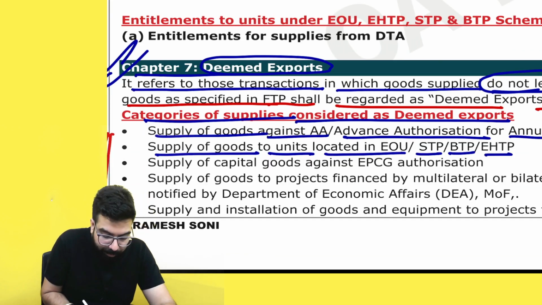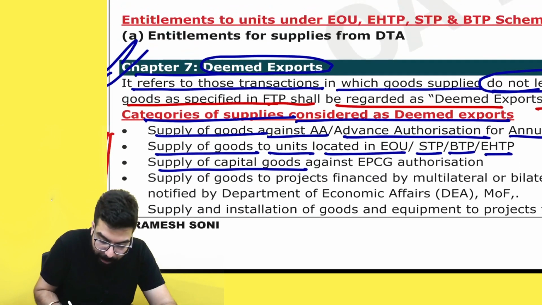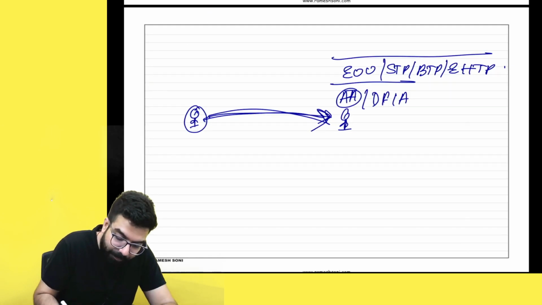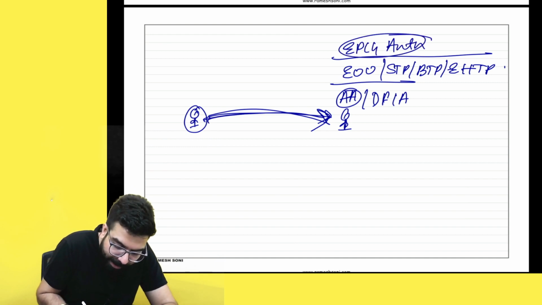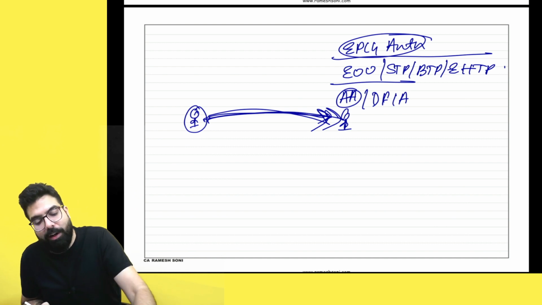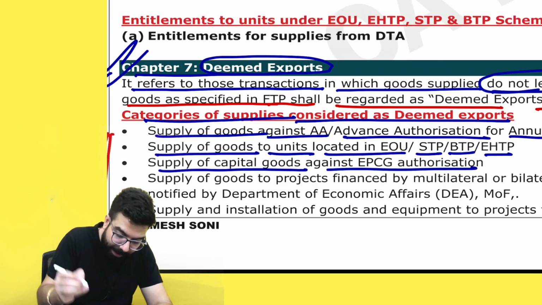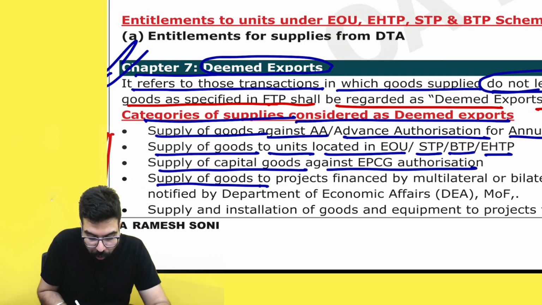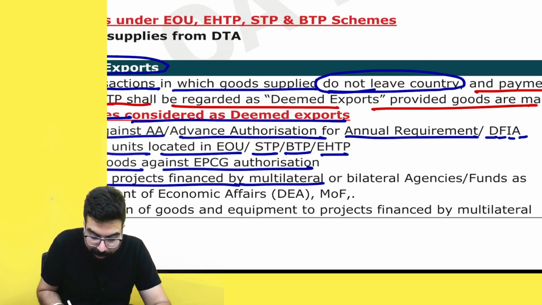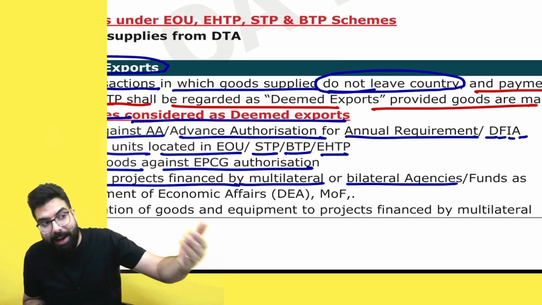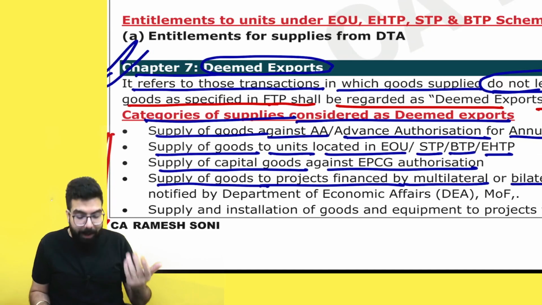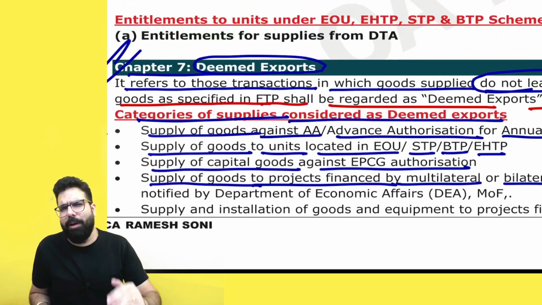Then they are telling supply of goods against EPCG authorization. One person is there, he has an export promotion capital goods authorization. If I am supplying to a person who is holding an export promotion capital goods authorization, okay, then supply of goods to project financed by multilateral or bilateral agencies. If I am supplying to projects which are financed by multilateral or bilateral agencies,